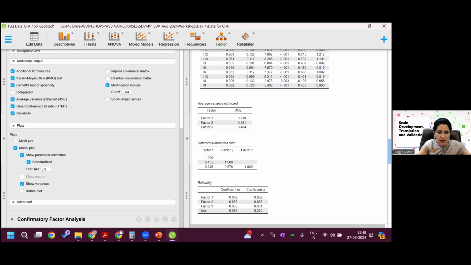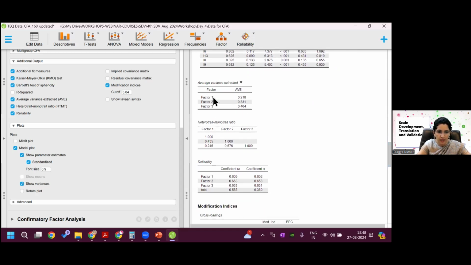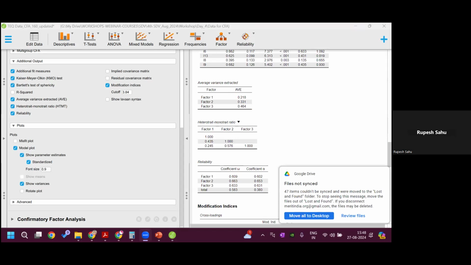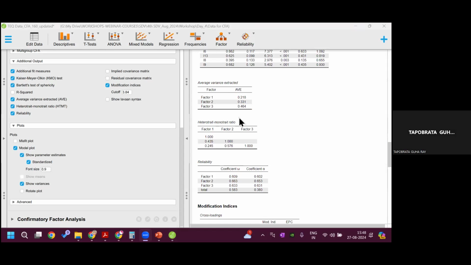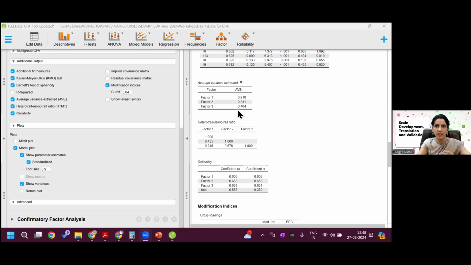Coming to the average variance extracted. This is the average variance extracted between factor 1 and 2 and 2 and 3. So you can see the value of average variance extracted. For factor 1, it is only 0.21. What should be the value of average variance extracted? Yes, all of you, please guide me. More than 0.5. Yes, 0.5. Even you can see that only in factor 3, it is a little bit near 0.5,